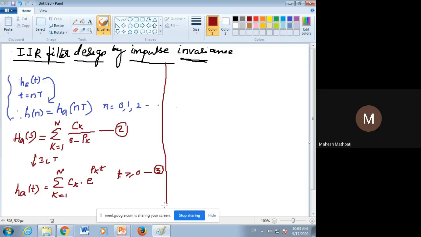Replace t by n t. In the above equation we have written replacing t by the value n t. In the first paragraph we wrote that we convert analog to digital by replacing t by n t. So we will apply the same procedure here. Write down the unit sample response of the digital filter